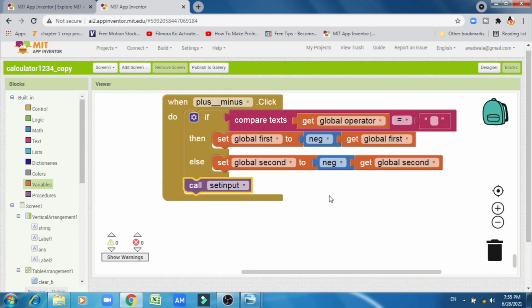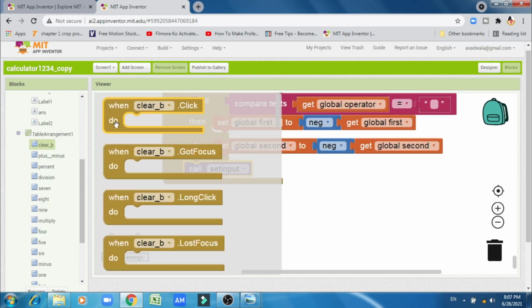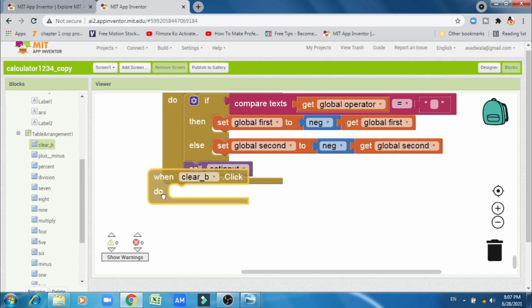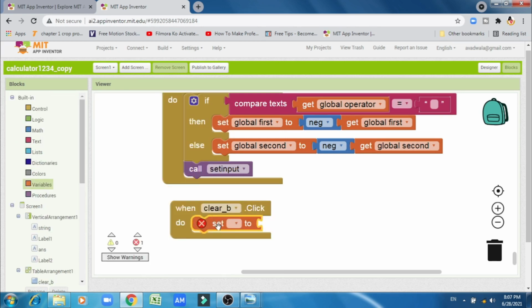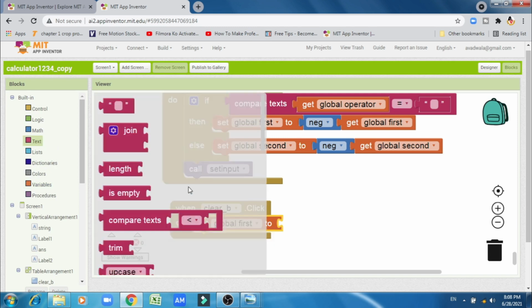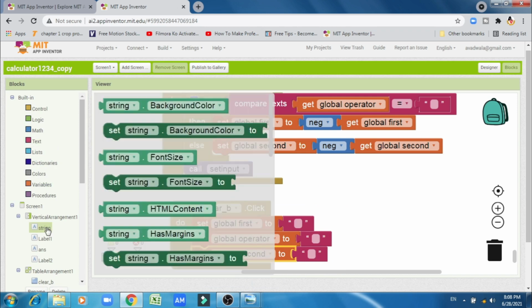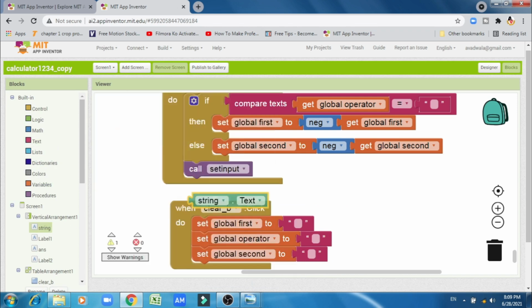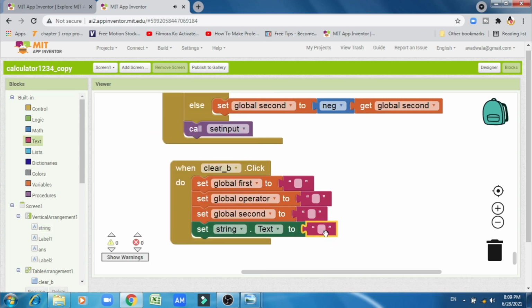This set of blocks is for plus minus, but now for the clear button. When the clear button is clicked, do so all the things get empty.